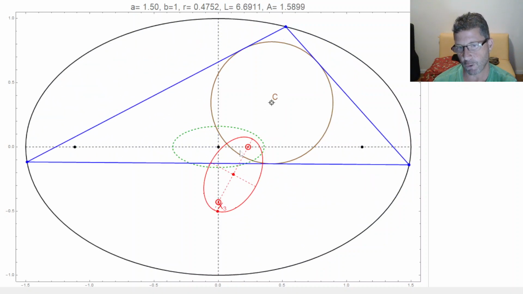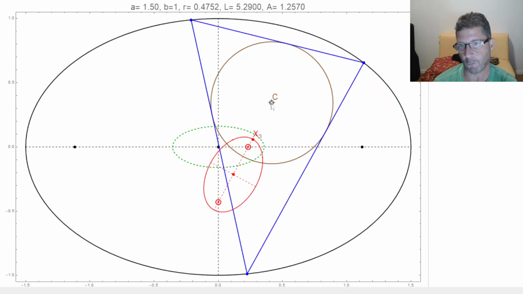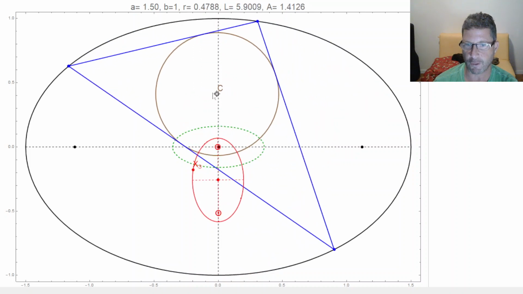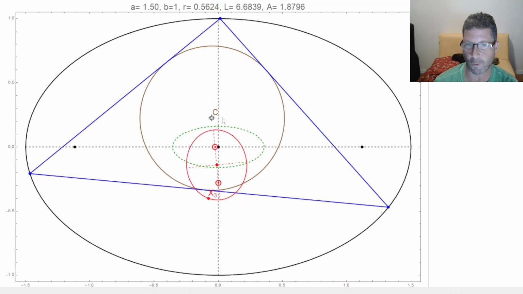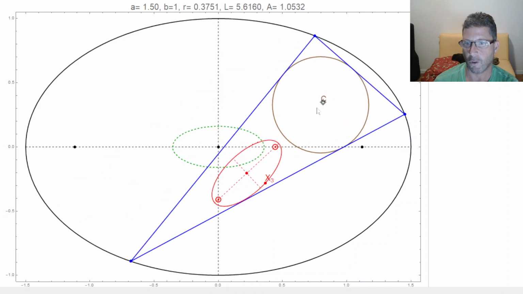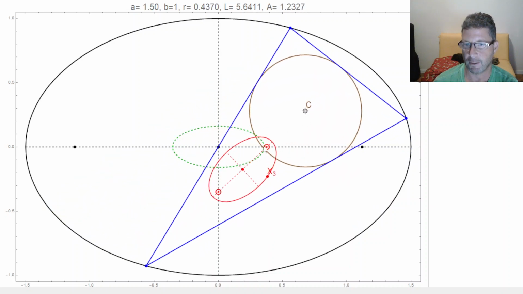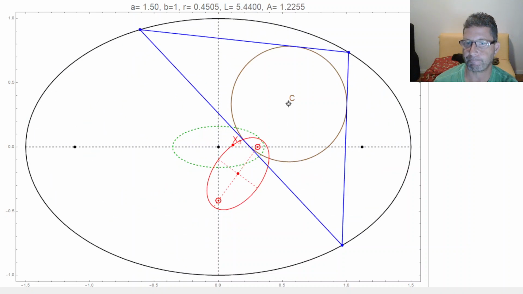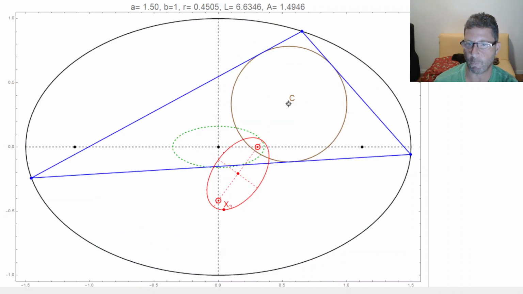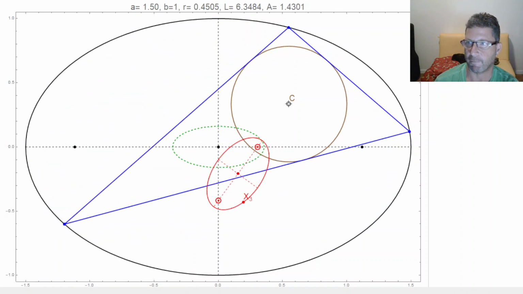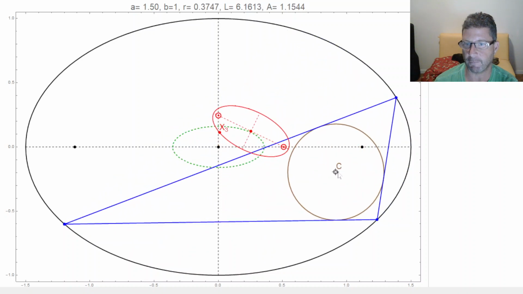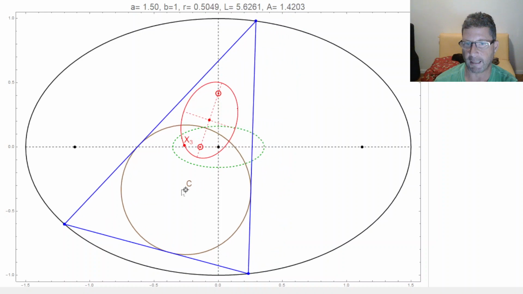Now, as I was playing with this today, I noticed that there's another interesting phenomenon, and that is that the two foci of this locus are always on either one of the axes of the outer ellipse. Look at this. So this focus is over here, this focus is over there. I thought that this was quite a remarkable phenomenon. So wherever I place C, you can see here that the foci are on the axes of the outer